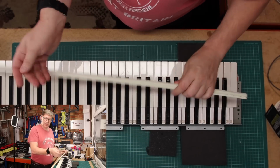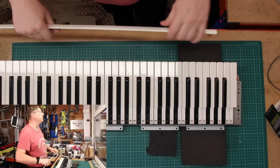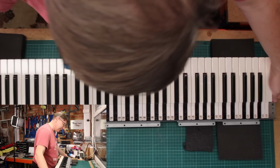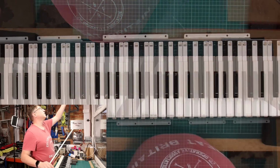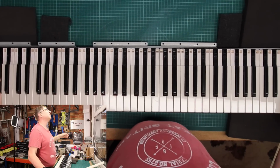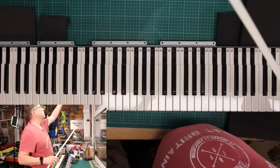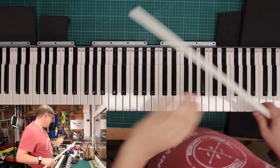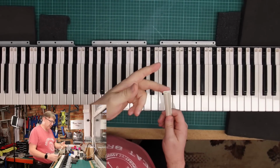I've also washed the lock-in strip while off camera, and this is the last piece that needs to go back on. So if I just move that out of the way and bring this back to centre, like that, let's just move this out of it. Right, so you can see the whole keyboard, there you go. I need to just let that do a bit of focus. There you go. Right, so the lock-in strip itself is kind of a straight edge one way,